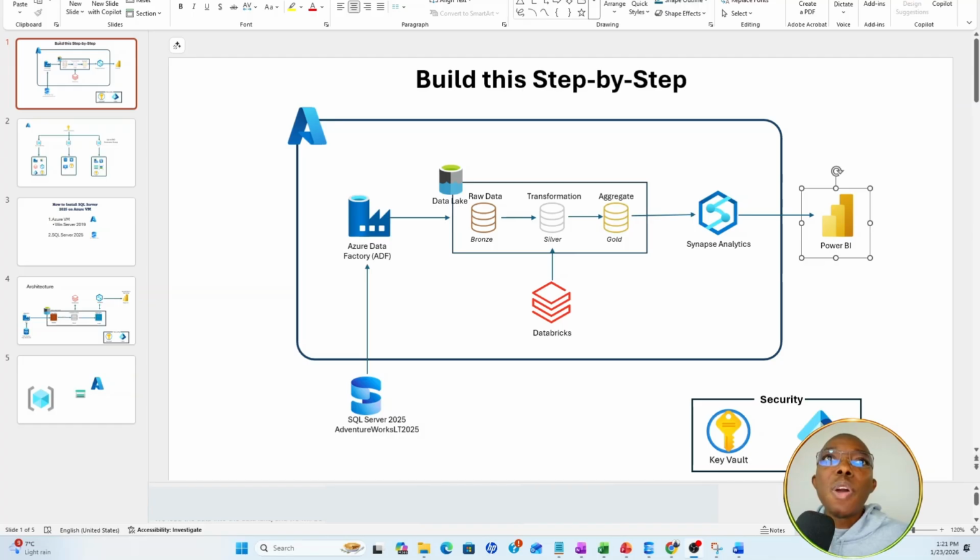In this video, I'll be showing you an end-to-end data engineering project. So this is my source on-premises database. I'll be using Azure Data Factory. We'll be using a dynamic pipeline to load the data from my SQL Server 2025 on-premises on my laptop to